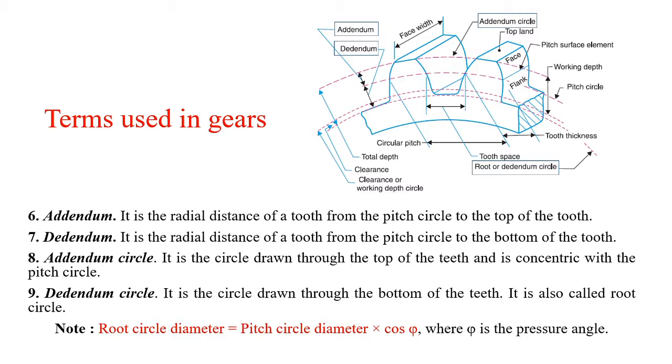Root circle diameter is equal to pitch circle diameter into cos phi, where phi is the pressure angle. If you know pitch circle diameter and pressure angle, you can find out the root circle diameter for the gear. Remember this relation for the objective which may be asked in a GATE exam. Next,